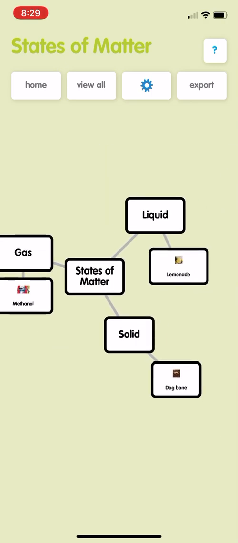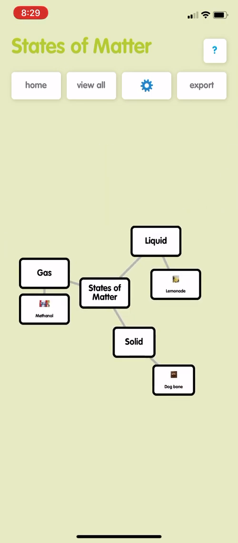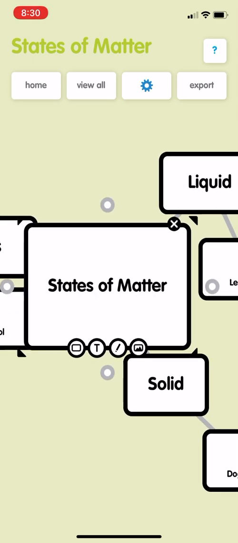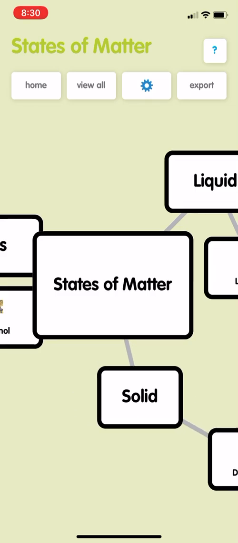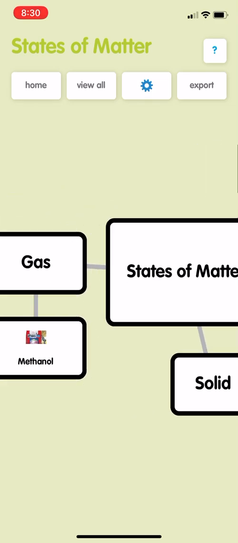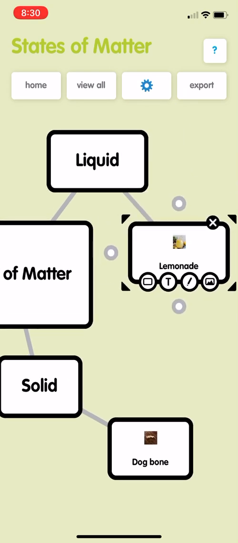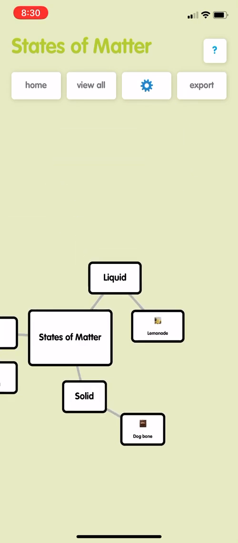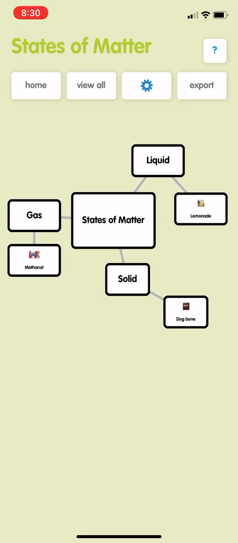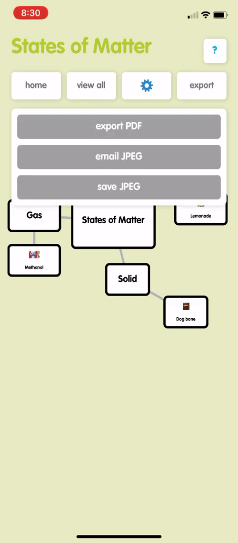Now we have a Popplet with my title in the middle, States of Matter. I should probably make that bigger so it stands out. Next, I have my 3 types of matter connected to it. And then I have my examples that are branching off of each type of matter. Now, this is important so you know how to save it. You click the word export,